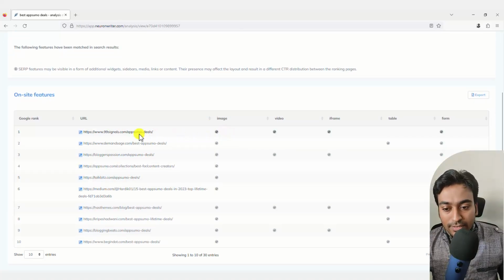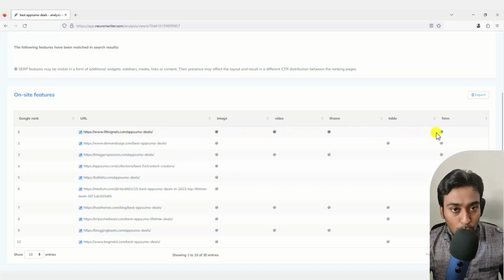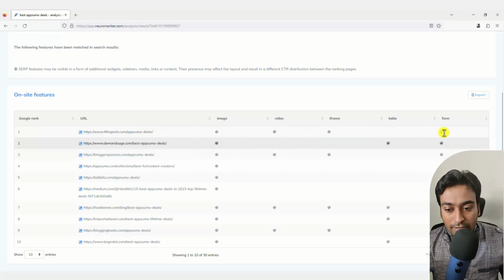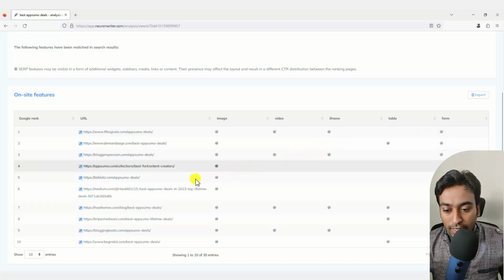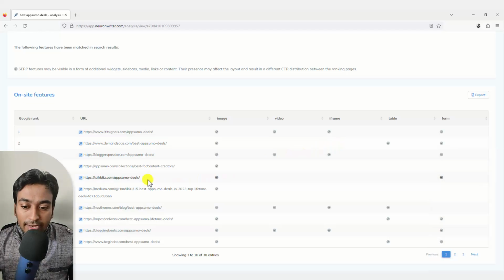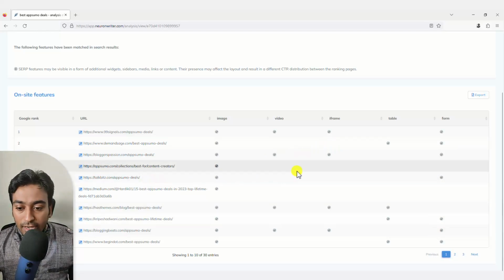For example, this particular web page has an image, video, iframe, no table, form, and this image URL has no video, no iframe. So based on this, I can get a better idea of which sections I should include to make my content much more effective.